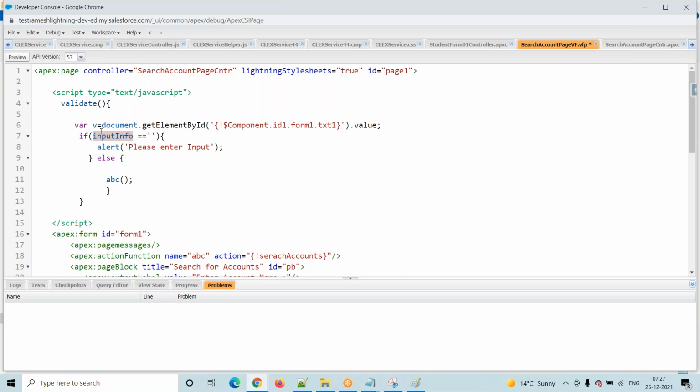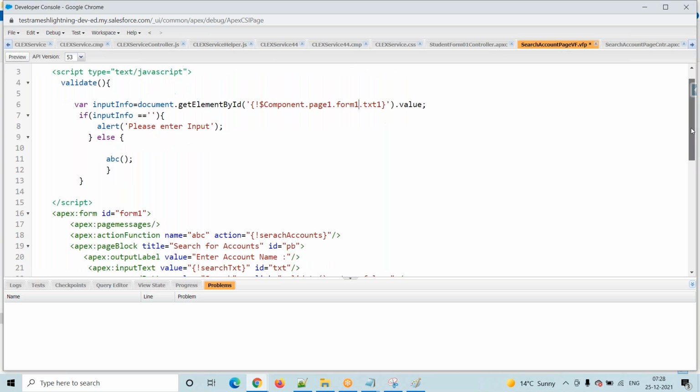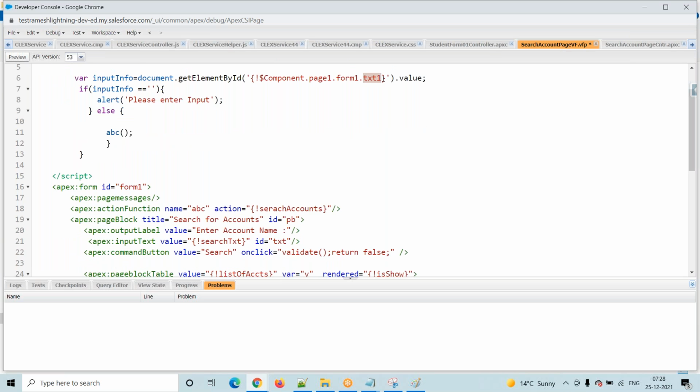My variable name is nothing but inputInfo. Here document dot getElementById, and here this is page1, and the next one is form1, pb, and the next one is pb.text.